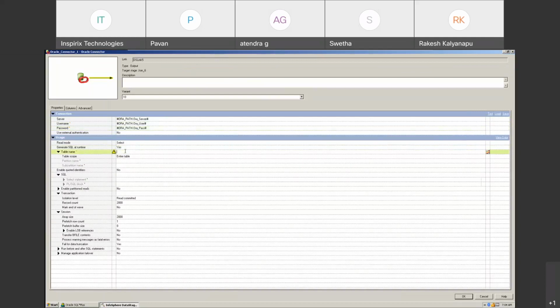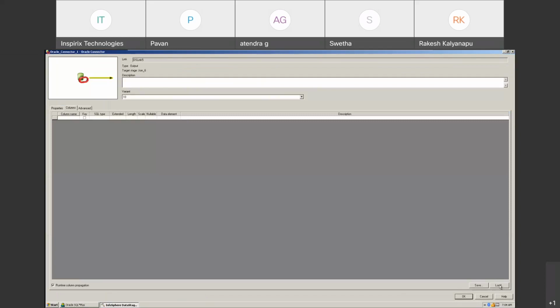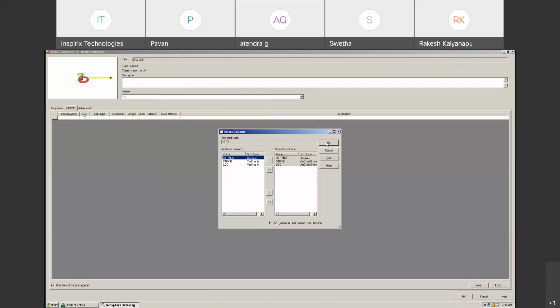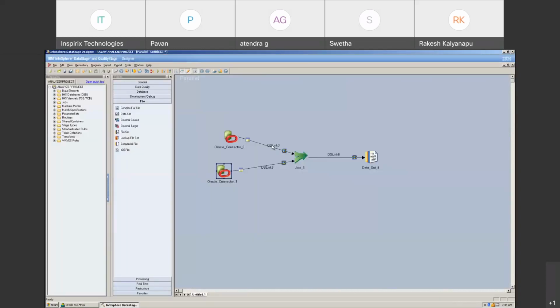PPT, load the table structure. I just imported it. This is the EMP. Rename link underscore EMP. The join job only I'm designing. Okay? PPT. So here,